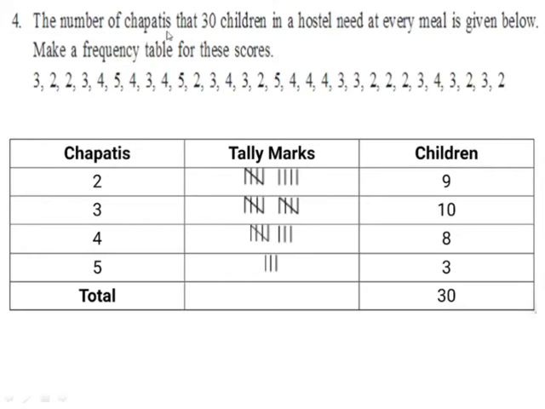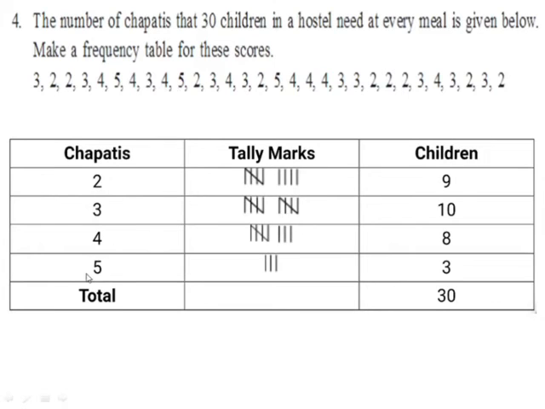So what is given here? These are the number of chapatis, that is, the score is the number of chapatis. Here the second column will be of tally marks and the third will be of frequency, or number of children. Now, what is the minimum number of chapatis that children take? Here it is 2. And the maximum number of chapatis is 5. So we will write the scores from 2 to 5 in ascending order, that is 2, 3,